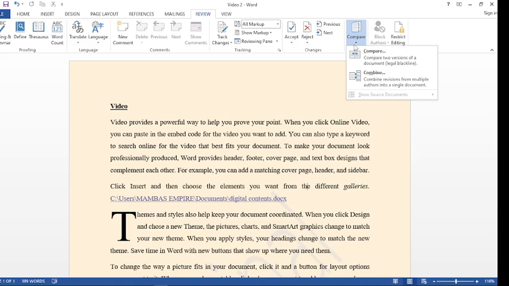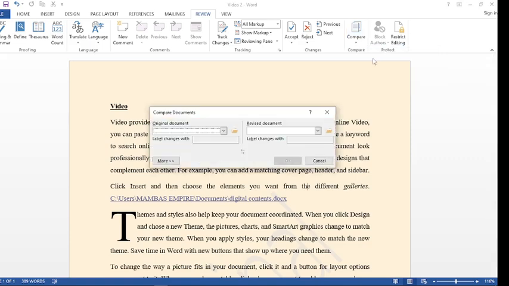For example, you might be the original author of the document. Something has happened to that document. You want to see where the changes happened. So you compare. You want to compare between video 1 and